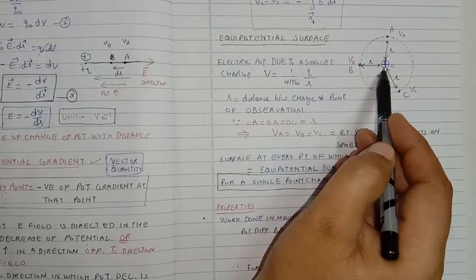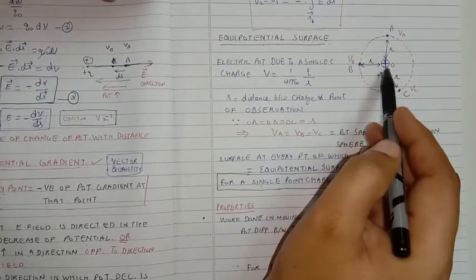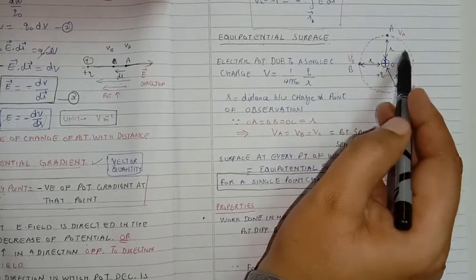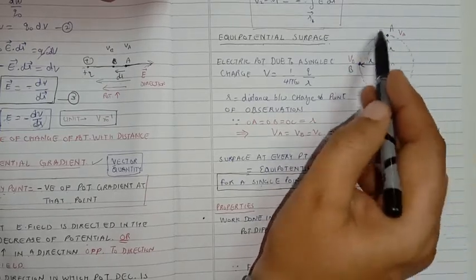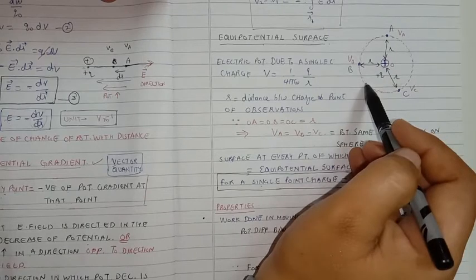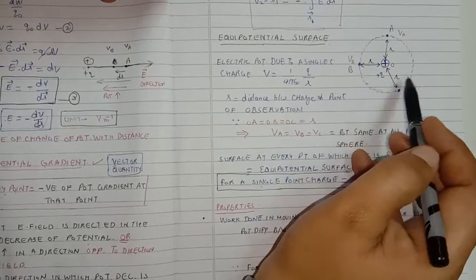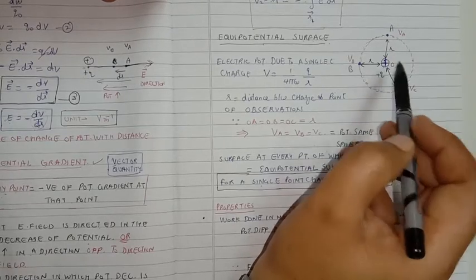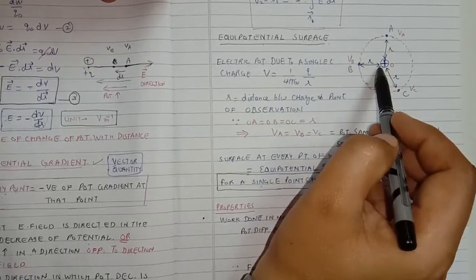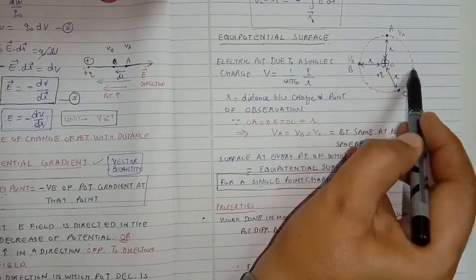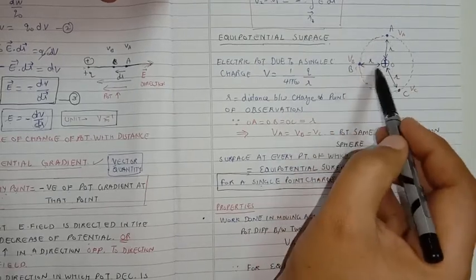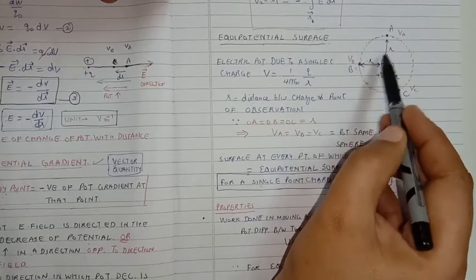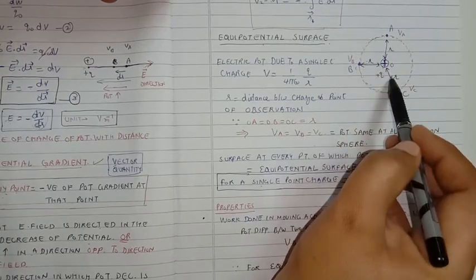present at the point O, by considering the location of the charge Q as a center, if we draw a sphere around the charge, not a circle but a sphere, or we can say that the charge is present at the center of the sphere, then you consider any point on the surface of the sphere. All those points from the center of the sphere will be present at the same distance r, which will be the radius of the sphere.